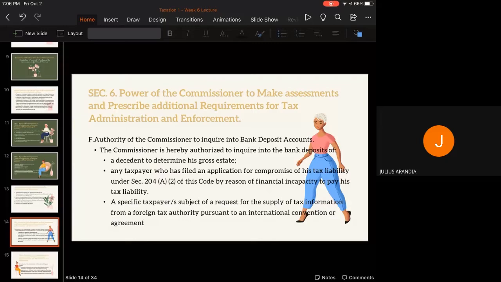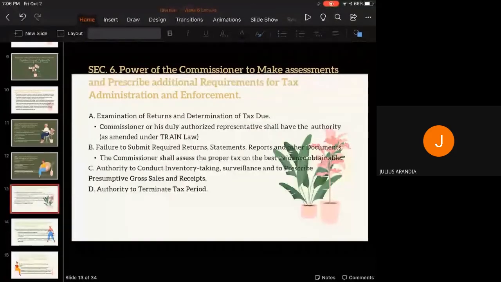F. So authority of the commissioner to inquire into bank deposit accounts. Here, oh wait, there should be another one. E is gone, but under paragraph E,